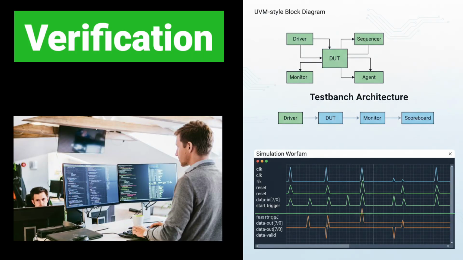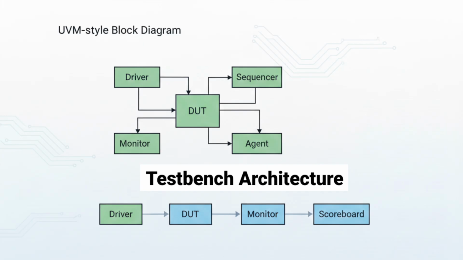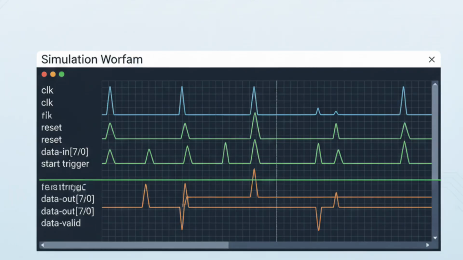Now fifth is verification. This is where the verification engineers jump in. RTL might look correct, but is it actually correct? Will a DSP core really fetch instructions properly? Will a PCI controller really respond to every transaction? To ensure this, verification engineers build a testbench environment: stimulus, driver, monitor, scoreboards, functional coverage, assertions. Designers keep releasing RTL versions, verification keeps testing, and if anything misbehaves, then a bug is raised. This loop continues until the design is stable and perfect.